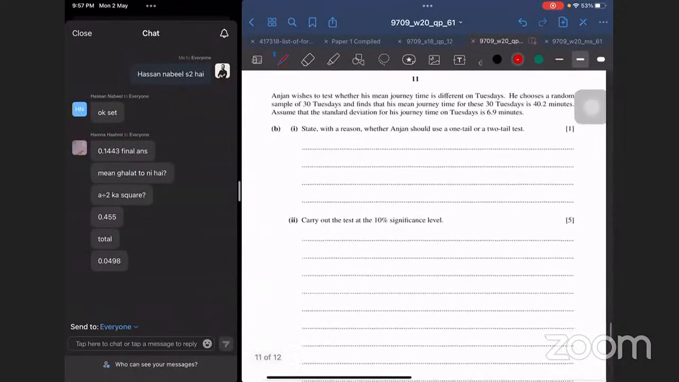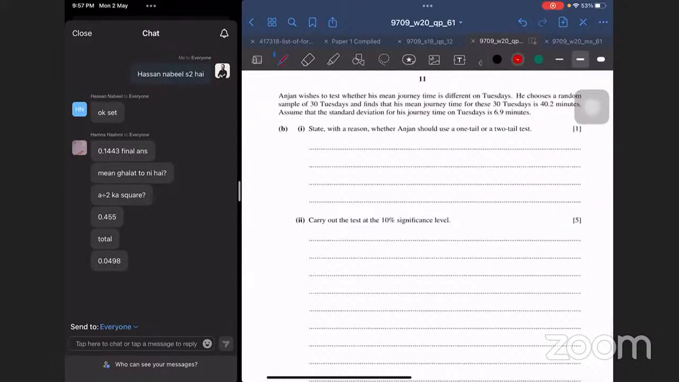Okay, then it says Amjan wishes to test whether his mean time is different on Tuesdays. He chooses a random sample of 30 Tuesdays and finds that the mean time for these 30 Tuesdays is 40.2. Assuming that the standard deviation for this journey time is also 6.9 minutes, state the reason whether we should use a one-tail or a two-tail test. Two tail